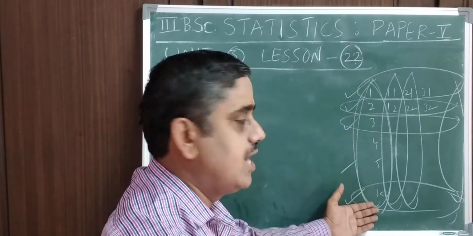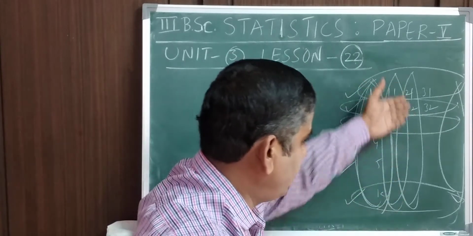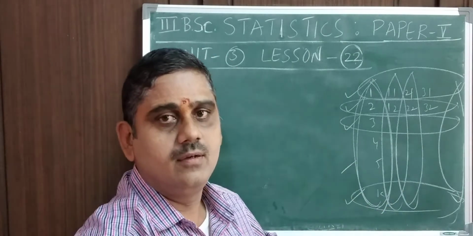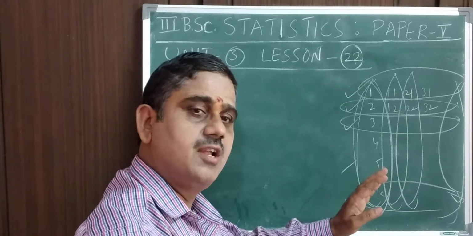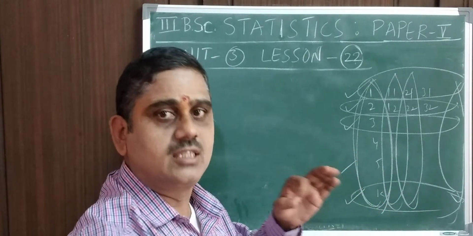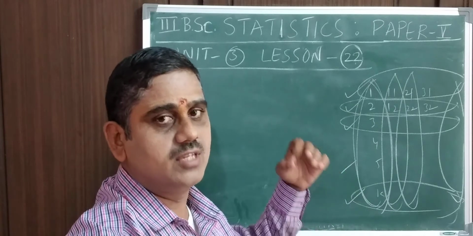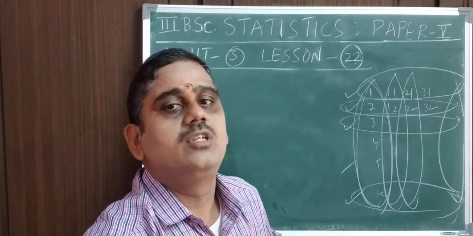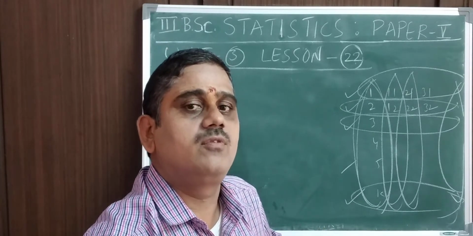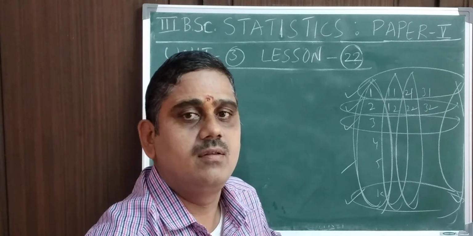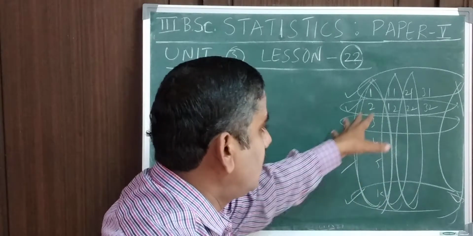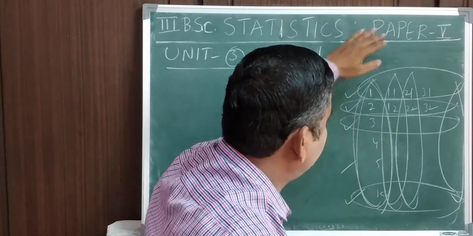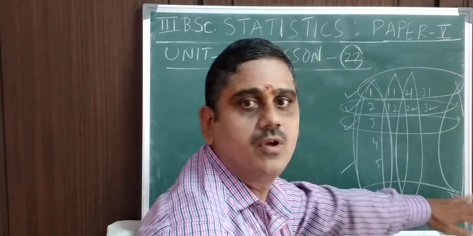You see 1, 2, 3, 4, 5 and so on 10, 11 to 20, 21 to 30, etc. The units have homogeneity in this particular stratum, that is the reason why we are considering n strata in the stratified random sampling in view of the systematic sampling. So that is the part I have explained: these are the systematic samples, and why we have considered these as the stratified random samples. Okay, hope you understand.